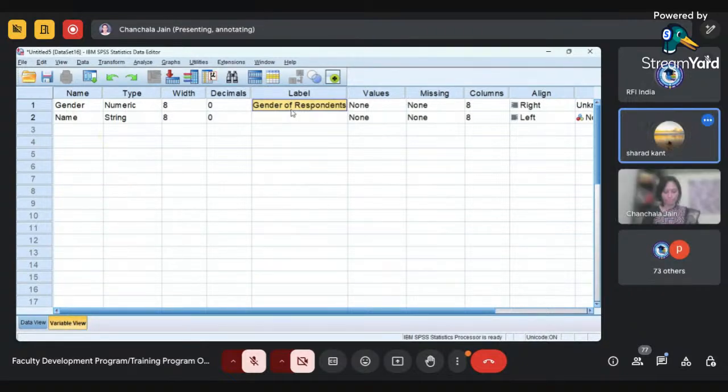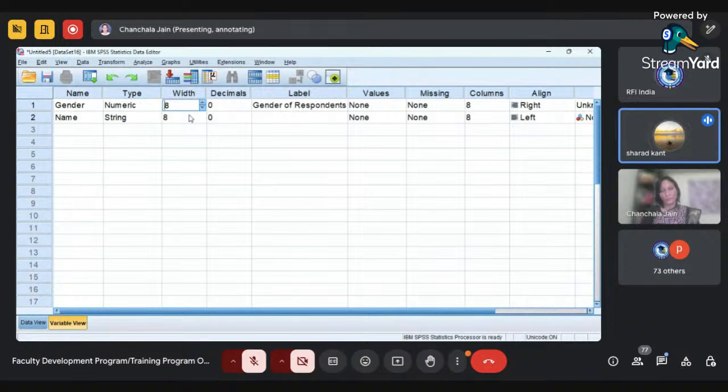Ma'am, actually, can you just give me a little bit of clarification regarding width, how we have got the number 8? Sir, it is a default value. It is not got. It is by default value. If you want to increase or decrease, you can come here and using these, you can increase and decrease. But what is the purpose of that, ma'am? It is a default of the software, sir. It's a coding done by the persons who have developed it. So it is by default value.